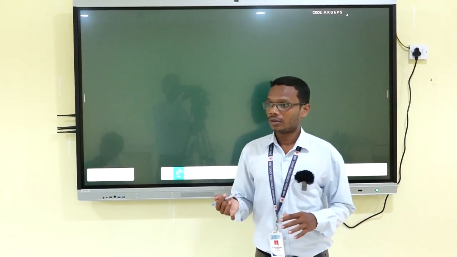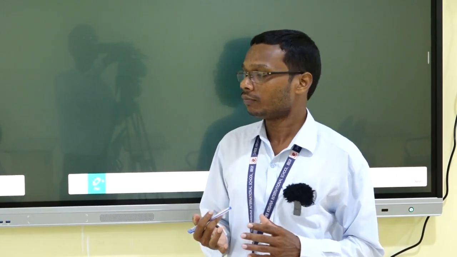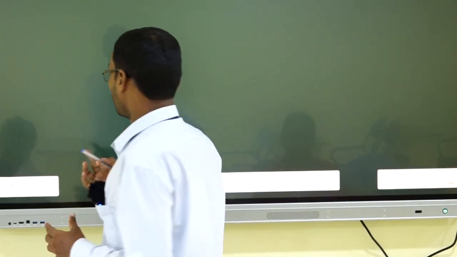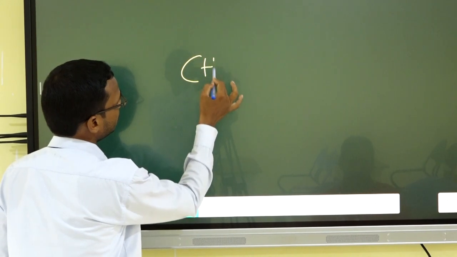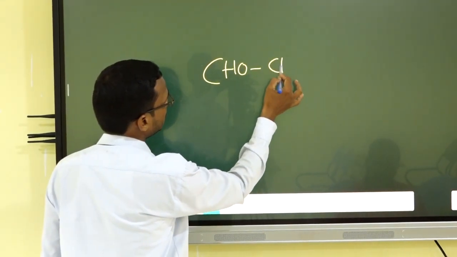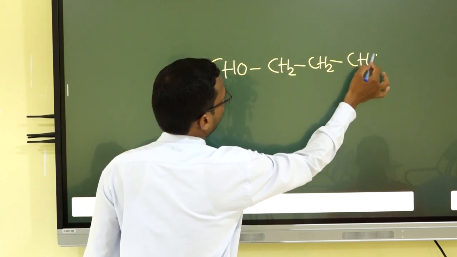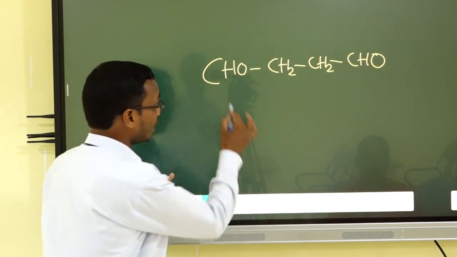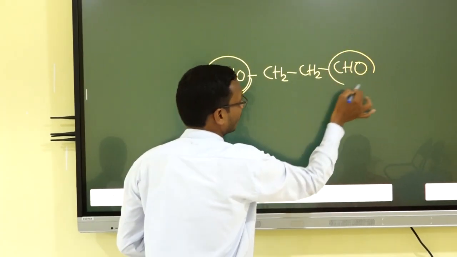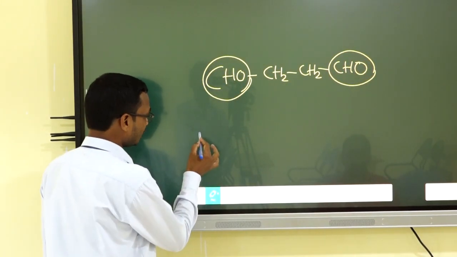In the next class we will learn some advanced topics. Advanced topic means, there is a compound CHO, CH2, CH2, CHO. How to name this compound? There are two aldehyde groups, 1 and 1. How to name this compound? There are compounds like this,